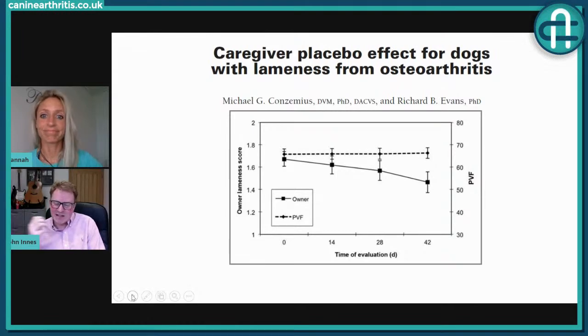It's a natural thing that we want a medication to work, and surgeons are the same. If they review their own cases, they always do better than other surgeons would view, and that's just human nature. And this is just representing that. So you've got to bear this in mind, that vets and owners will want treatments to work, and we will